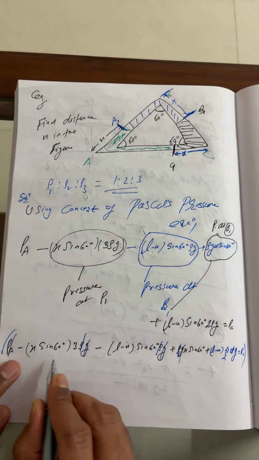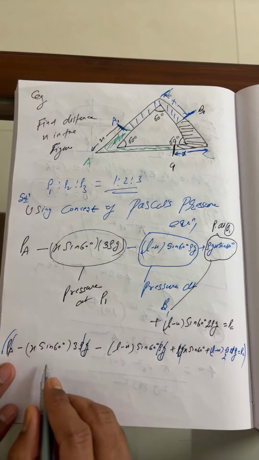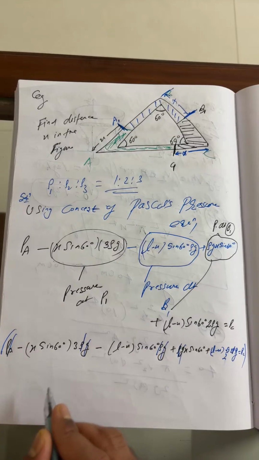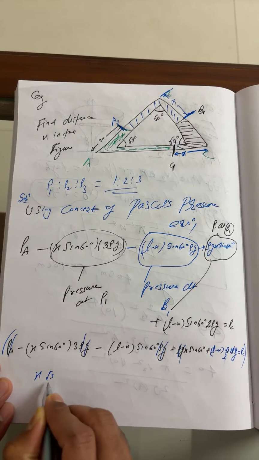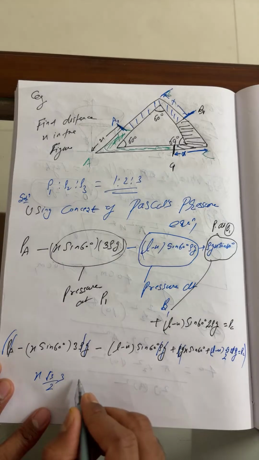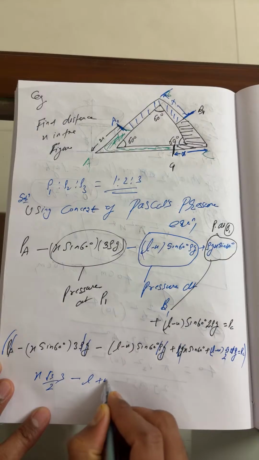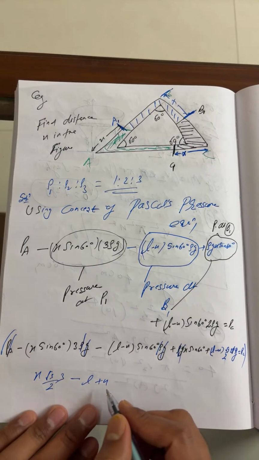This is root 3 by 2. So x into root 3 by 2 into 3, then minus L plus x, plus x